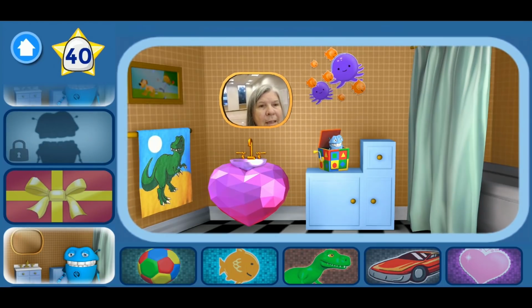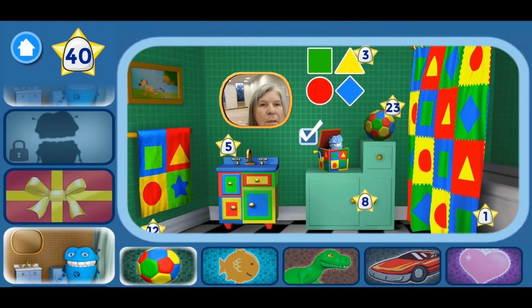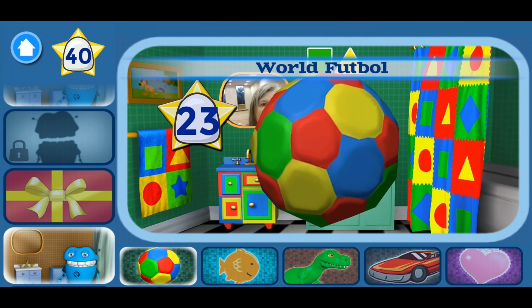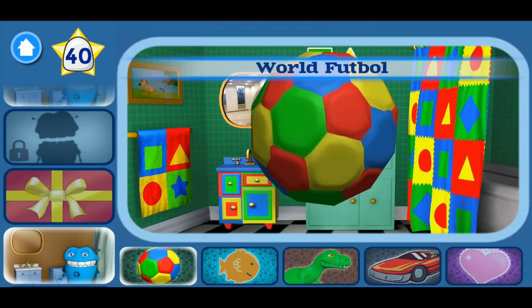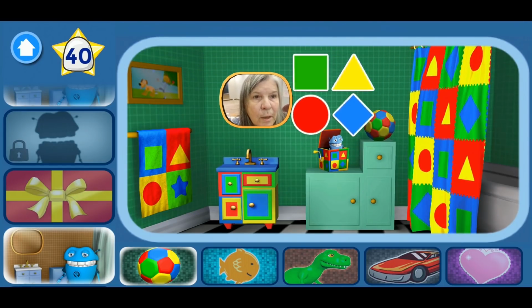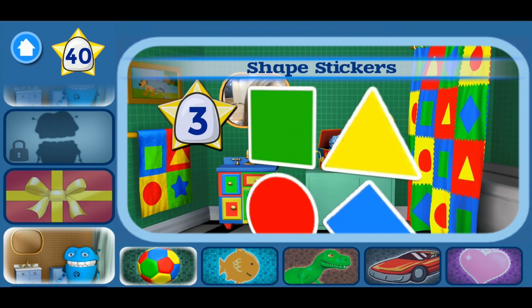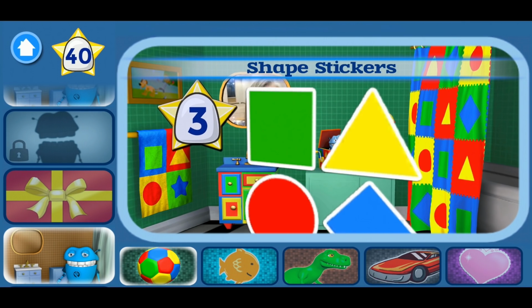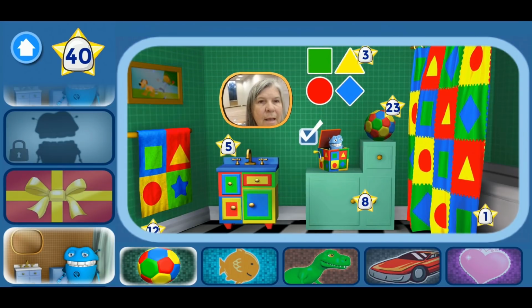Oh. Well, look at that. Okay, then. I think we need a little bit more. I do. Okay, so in order to get a little bit more, I think I need to go to dun dun dun dun dun dun dun. I need this. Soccer ball? World football? Yes, that's good. And I'm going to see, this is my world shapes stickers. Oh, I like that. Circle, triangle, diamond, square. I know those. Okay. And then there's,